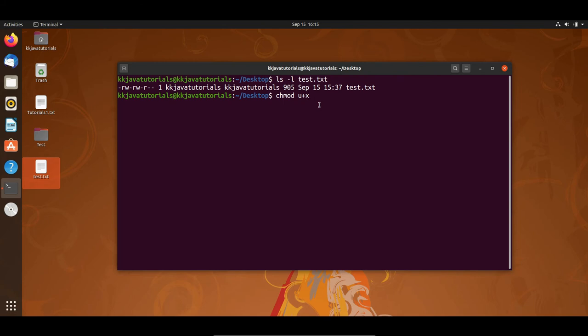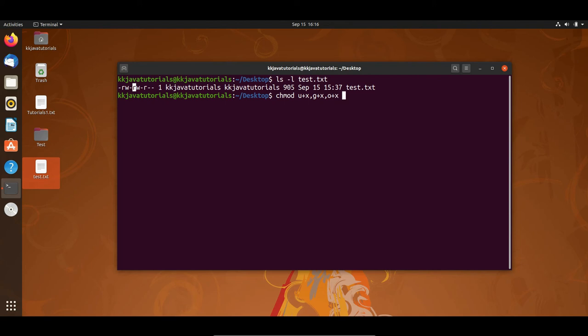Then you can specify comma, or you can specify semicolon. I think you can specify, sorry, comma, and then after you can have, I would like to add permission for group, execute permission again. Group doesn't have execute permission. And for other user, G stands for group, O plus, O stands for other user, I would like to give the execute permission again.